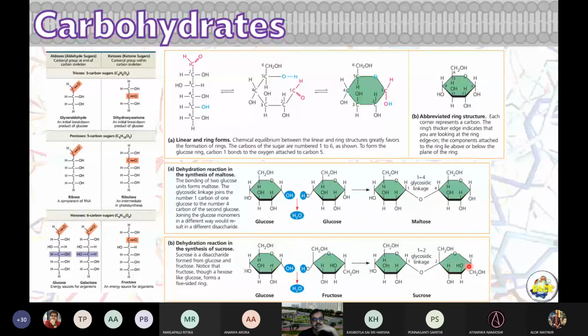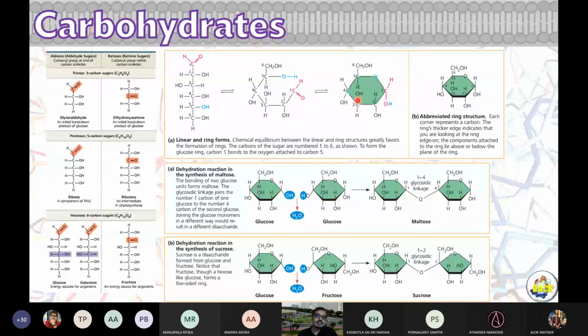So the 5-membered rings are called furan, F-U-R-A-N, furan rings, and these are called pyran rings, P-Y-R-A-N. Nothing to do with pirates. Okay, remember that. So we call them pyranoses and furanoses. OSEs are normally attached to any sugar kind of molecules. Okay. So now we just saw that these are dimers or disaccharide, we can say. Single molecule, monosaccharide.